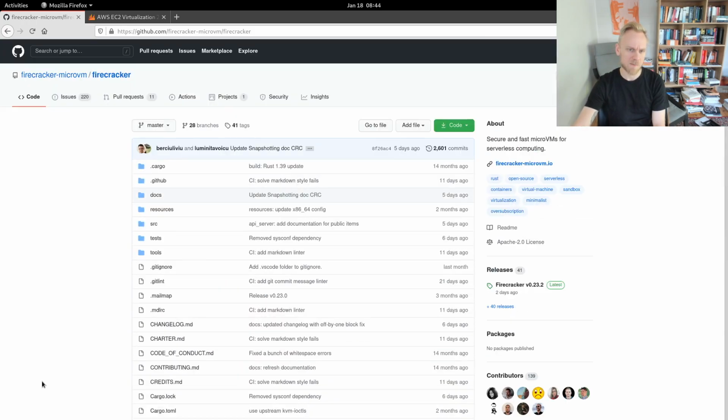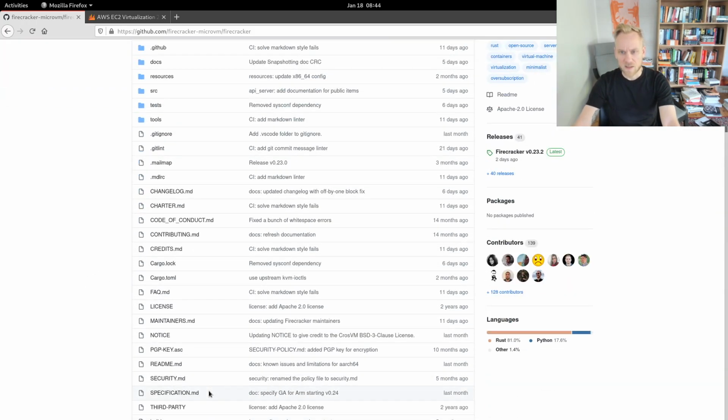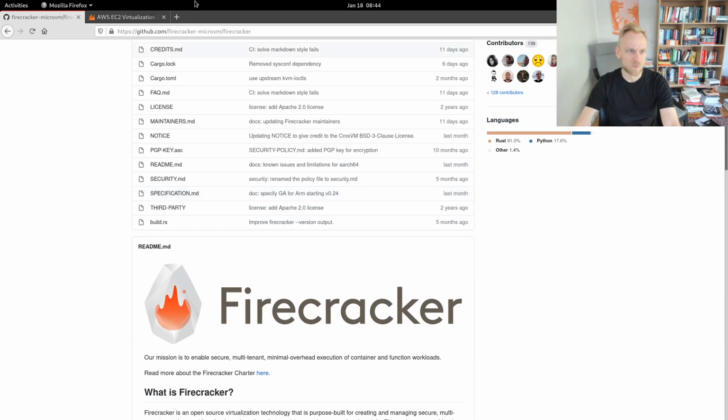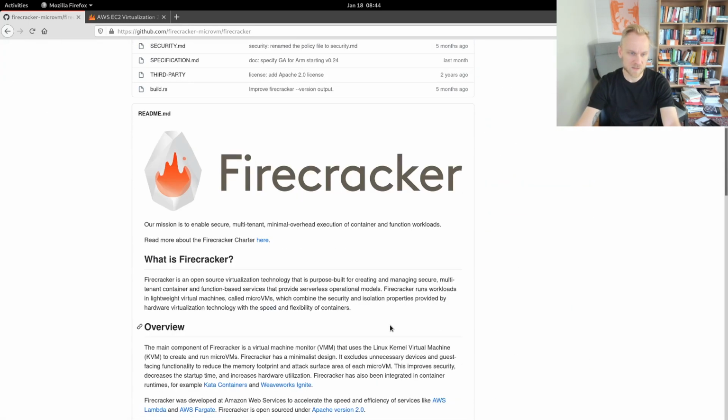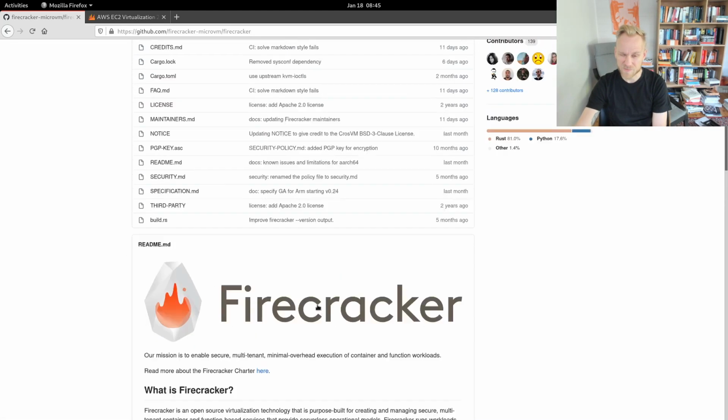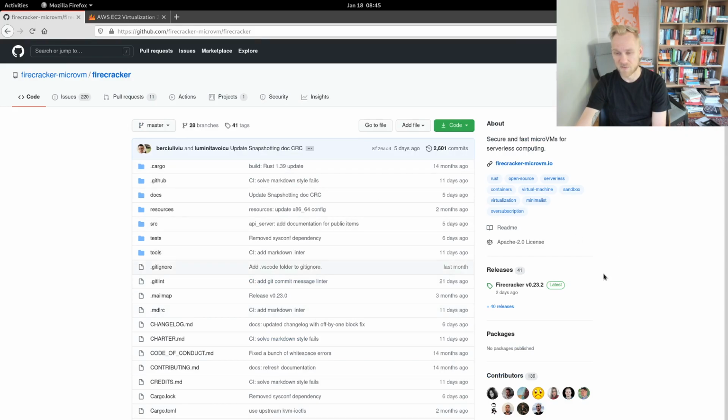So Firecracker came out a while back. I could probably find a release date where we could look at the first commit. Firecracker is, I believe, what Amazon uses for Fargate and Lambda.